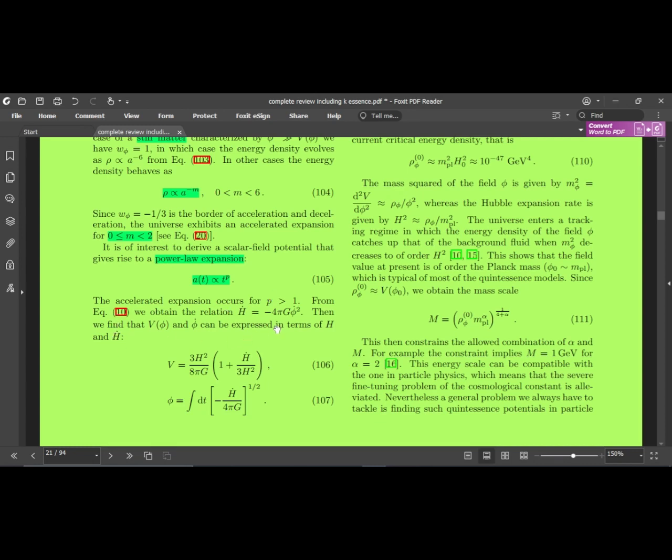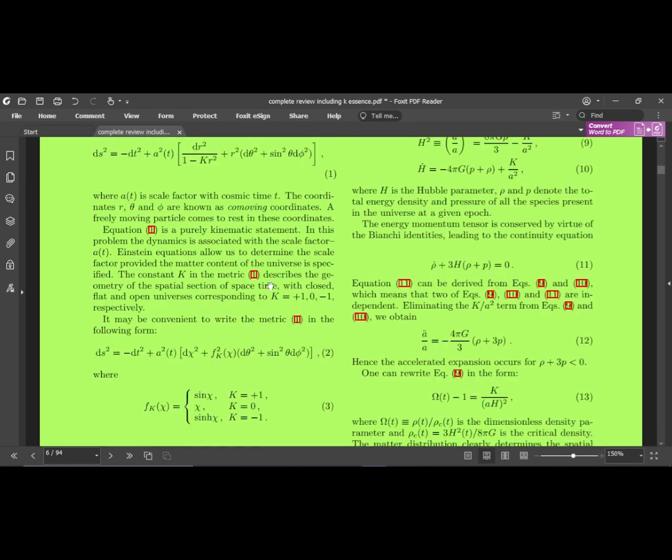Now from equation 10, we have already seen that, where is this 10? Yeah, this is the 10. Equation 10 is actually giving you that h dot is equal to minus 4 pi g (p plus rho). Now if you add the pressure and rho, the potential will get cancelled out and you will get phi dot, and this must be negative so that h dot is basically positive. Okay, so something like that.